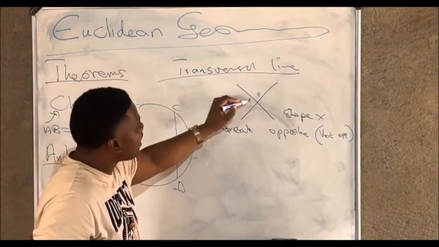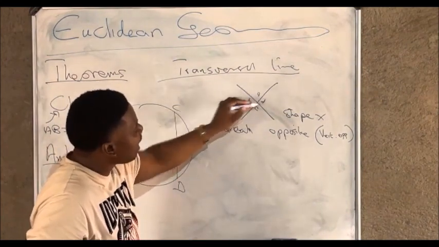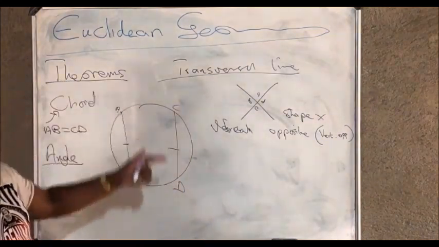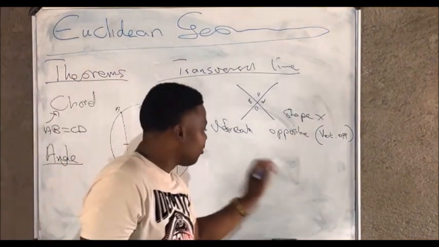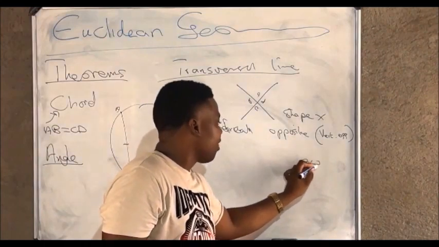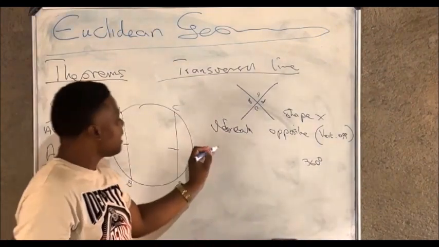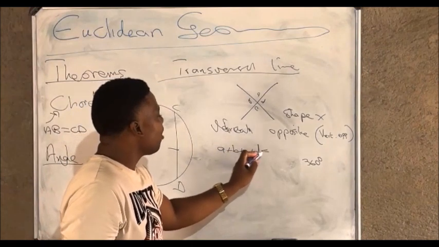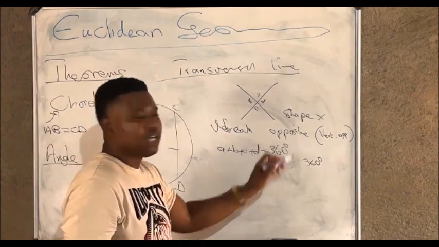Angle A, angle B, angle C, angle D. And we know that angles that form a round, or angles in a circle, make a revolution, which equals 360. So when we add angle A plus angle B plus angle C plus angle D, all of these angles add up to